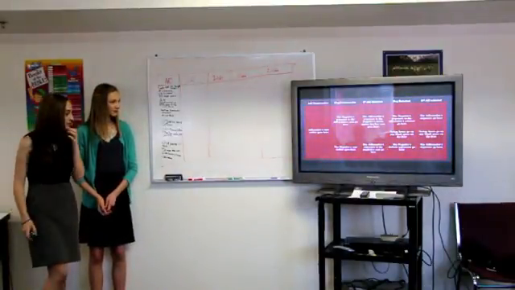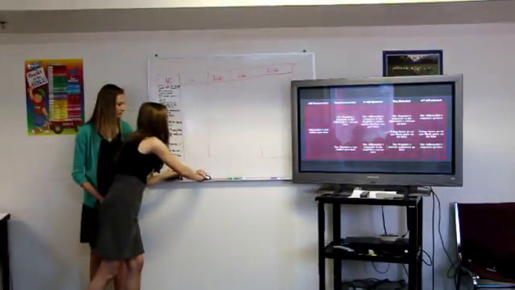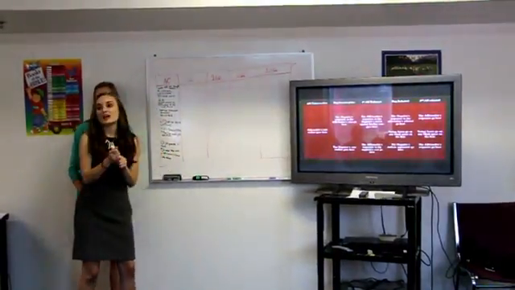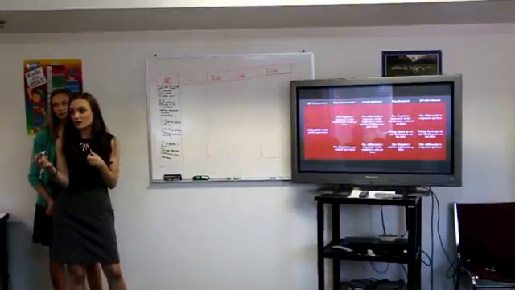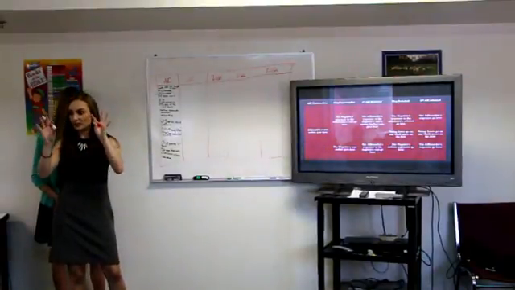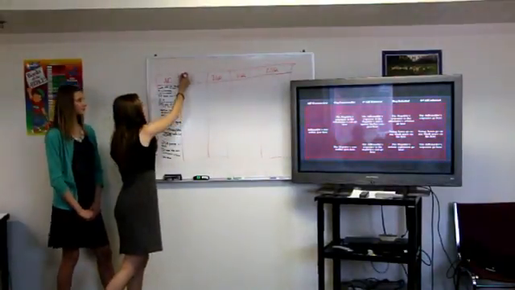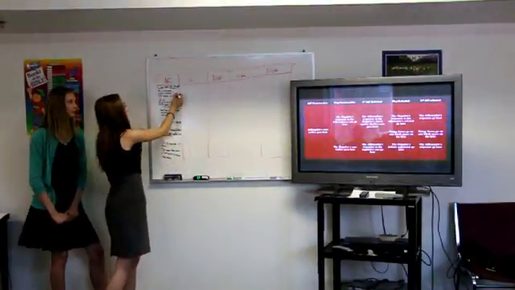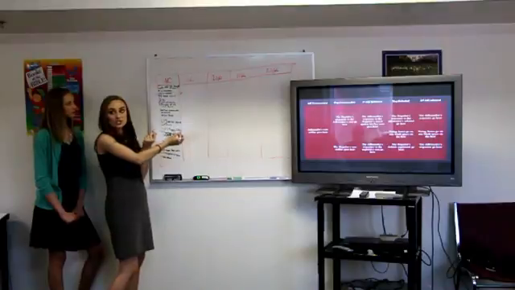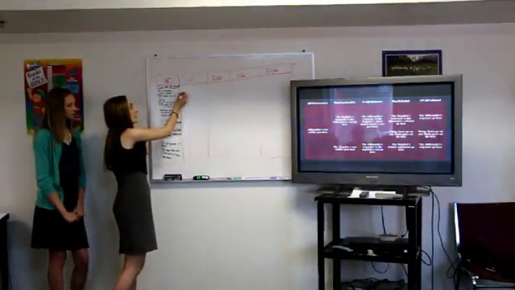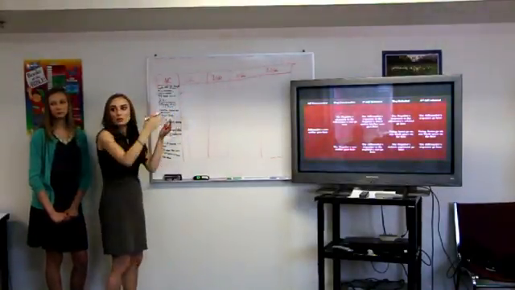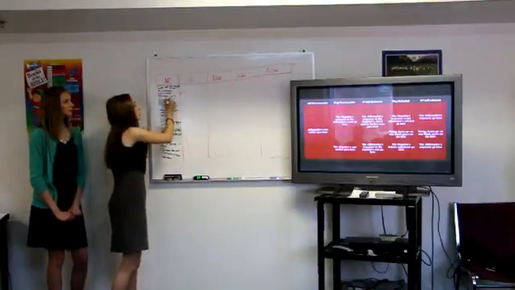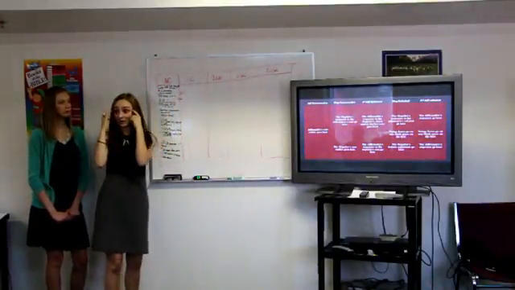And actually what I do is I pre-print my flows on 8.5 by 14 paper, and I create a Word document with a table and I pre-print it, and I actually have a section here for cross-ex. And so I'll either draw a line for what I want to question, and I'll maybe write down something there to help me remember what I was questioning, or I'll just draw a line here to know that it had a red flag in my head.